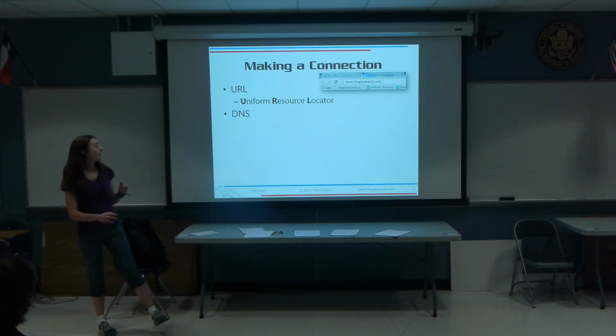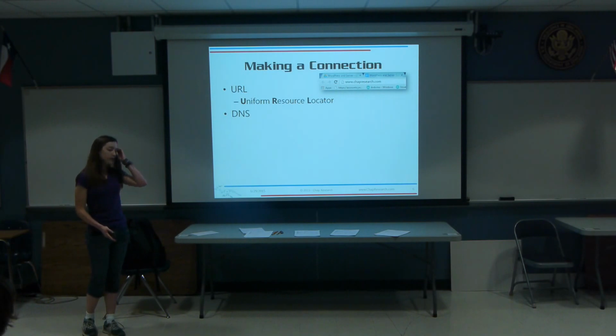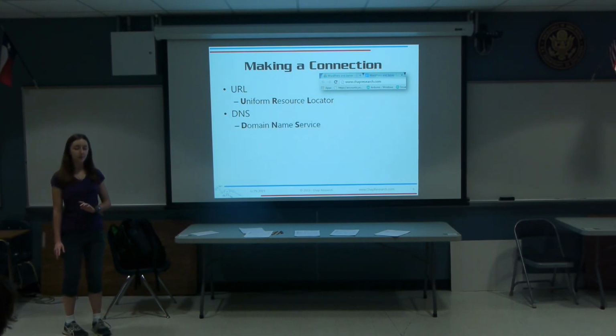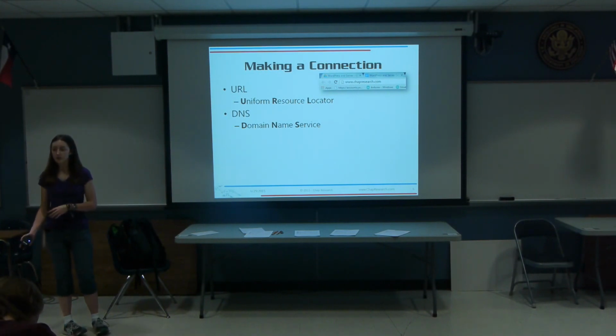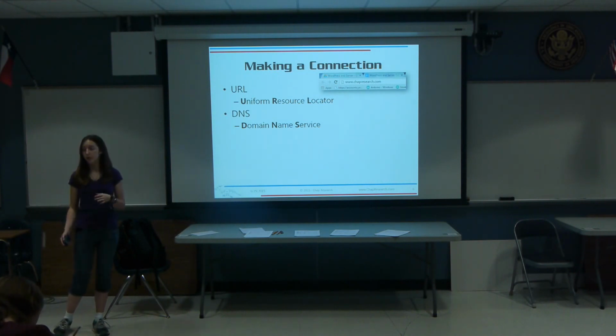Okay. Anyway, so the URL is something that's human friendly, so it's a word that you can remember like Chap Research, whereas that's not actually what the computer is taking in because they prefer numbers. And so the link between those things is the DNS records, so that's a domain name service. A domain name is just chapresearch.com, for example. And so it's linking chapresearch.com to what's called an IP address.